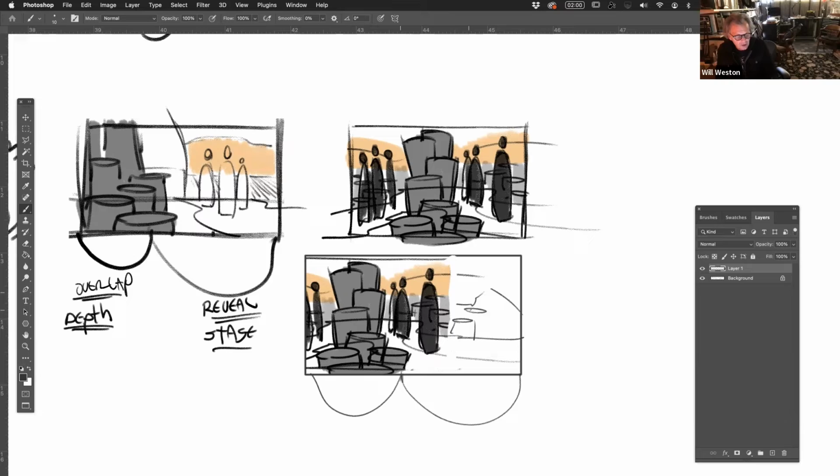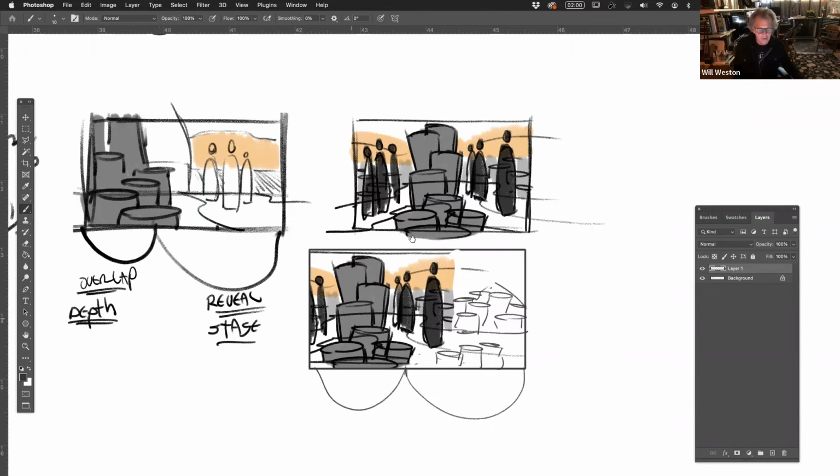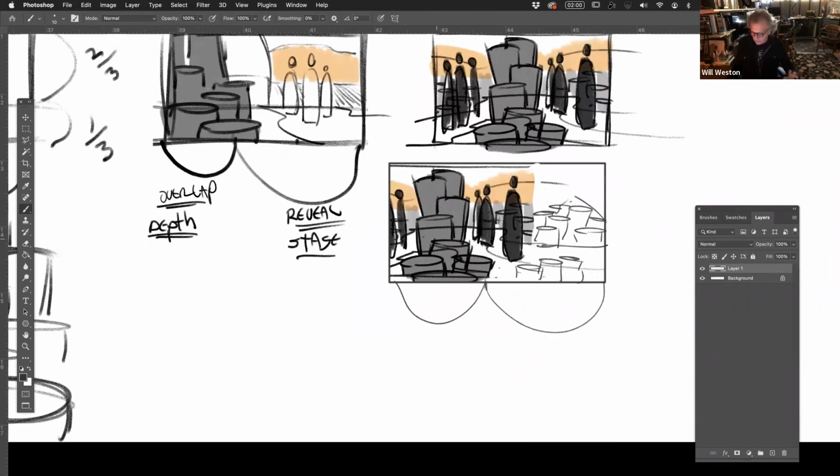And I always design a shape first unless I'm demoing, and then I'm kind of in a rush. But see here, what I'm doing is putting everything so it'll kind of conform to that shape in there a little bit. And I can have it down here too. I can cover the character's feet. I can come in here and have things down here. So where you put your overlaps and where you put your reveals is really part of the fun of designing a painting or designing a set.